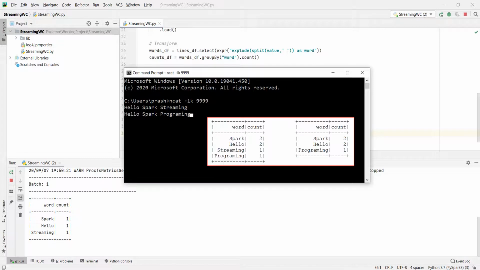So, what do you expect from my example? I am using the complete mode. So I am going to get the complete output. Here it is. You can change the output mode to update and try the same 2 inputs, and you will get the second type of output. Let me show you.